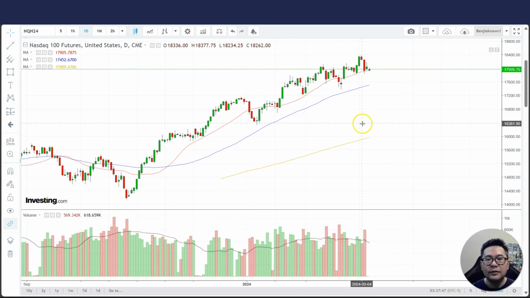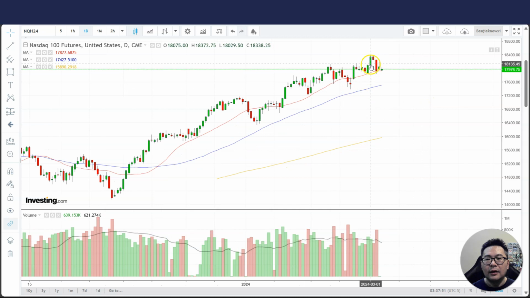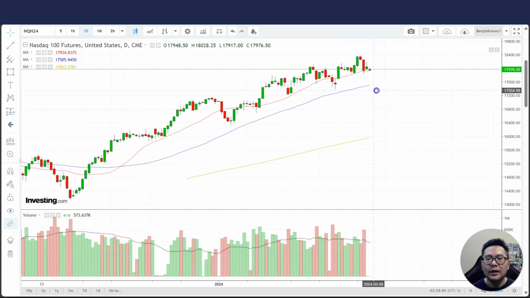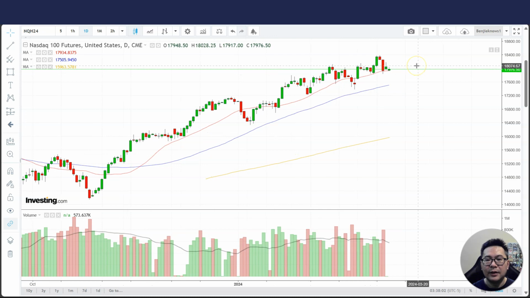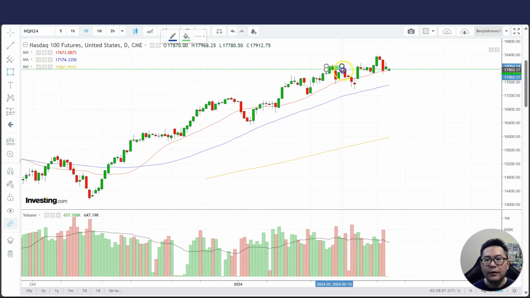Okay, Nasdaq 100 futures had a nice breakout higher, but then a nasty red bar here, which kind of erodes confidence of some players. But right now it's still sitting at this support area. Okay, if you have looked at my past analysis, you know that I pointed out this small cup and handle continuation pattern, and